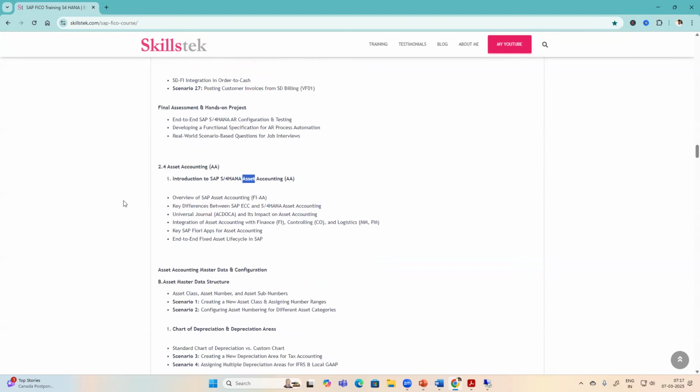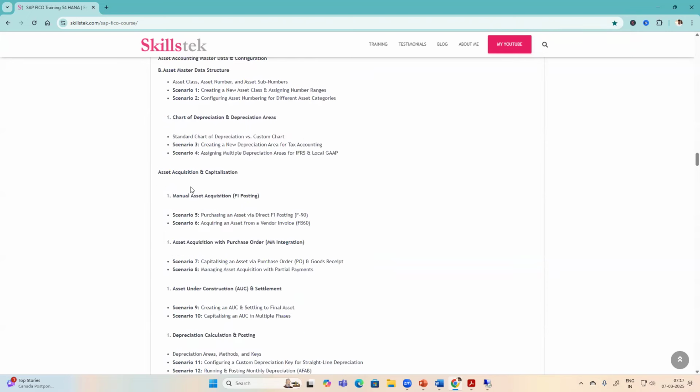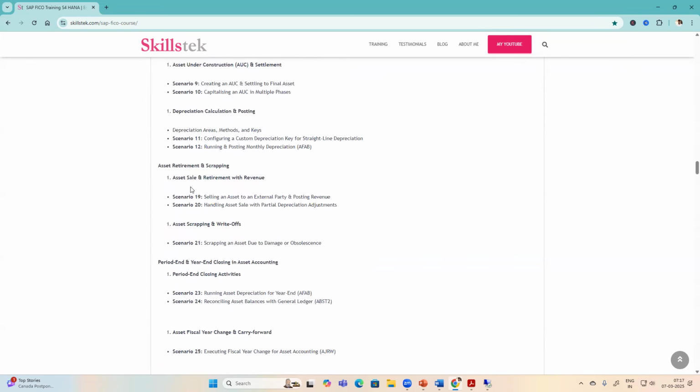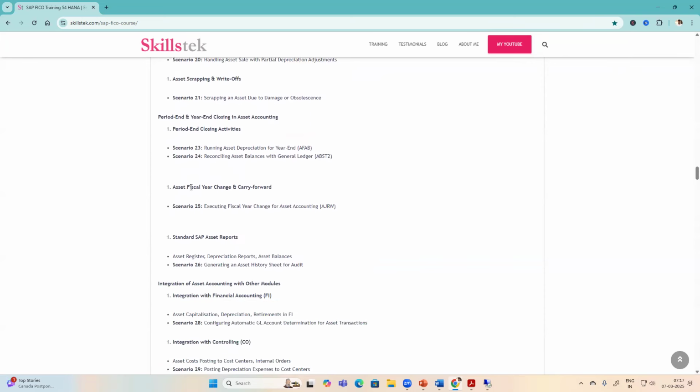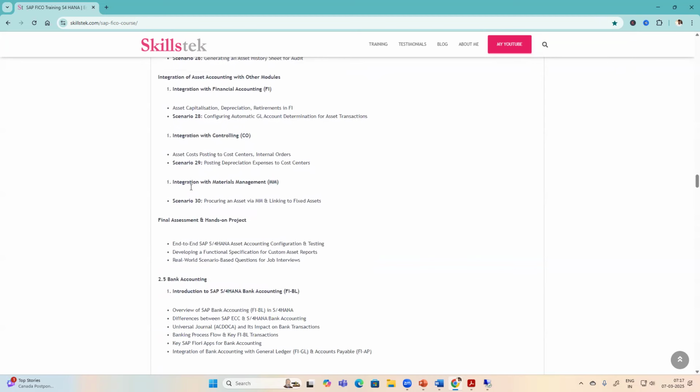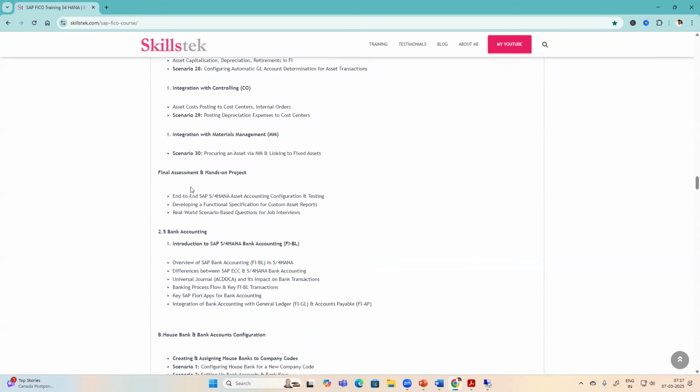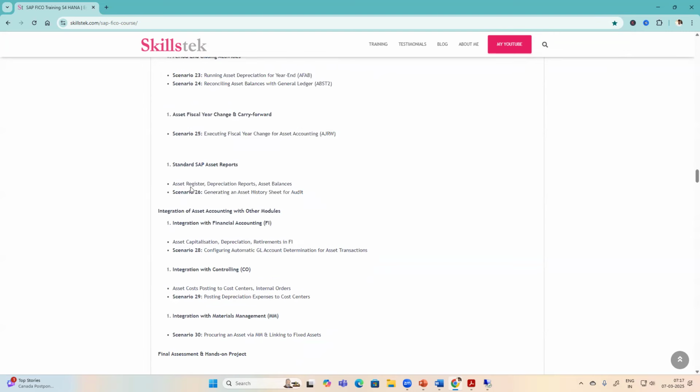Asset accounting, you can see, starts from 2.4 till all these different scenarios: asset-related, integration with other modules. These are the high-point areas I'm explaining here. In detail we will do everything, but you have to give focus to this because you will find many questions in your certification and your interview, because it's